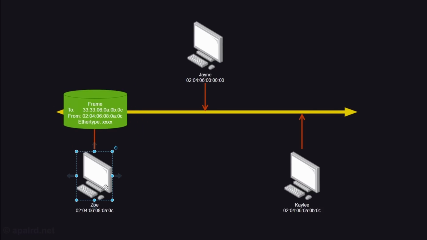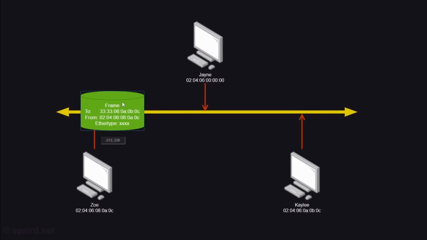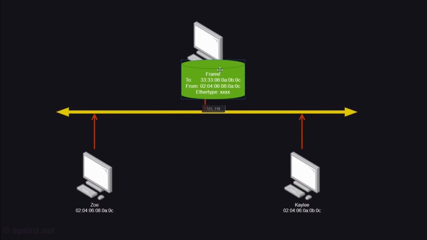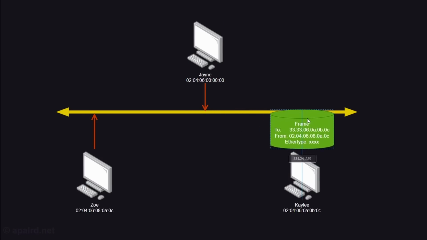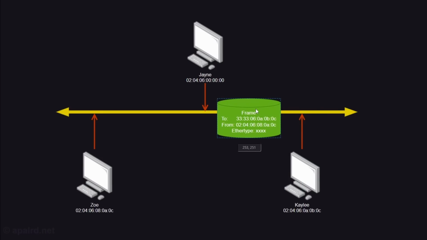Again, Zoe knows she just transmitted it, so she knows it's not for her. It goes down the ether, and Jane's network card and Kaylee's network card both have to decide what to do with this frame. So historically, simple network cards would just accept all multicast packets and make it the operating system's problem to deal with them. And that's a simple approach we can take. Modern network cards, though, have large hash tables of multicast addresses, and the operating system can program in which specific